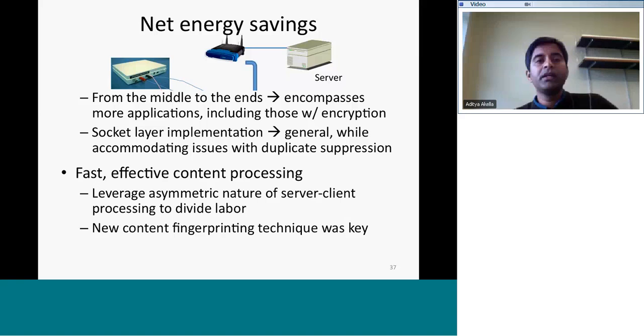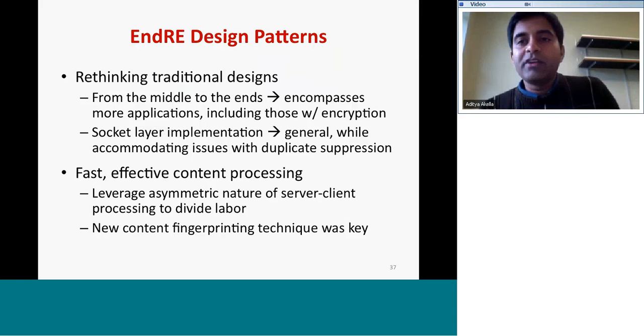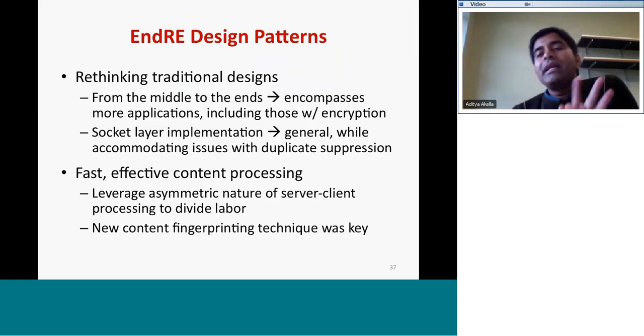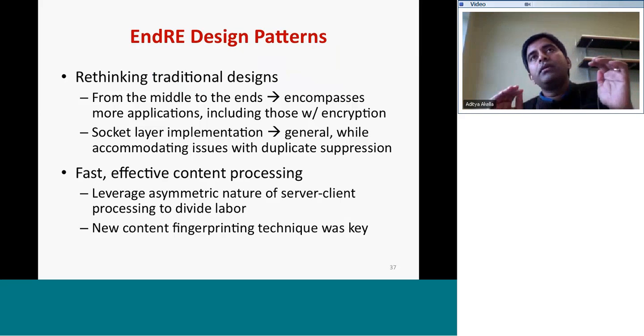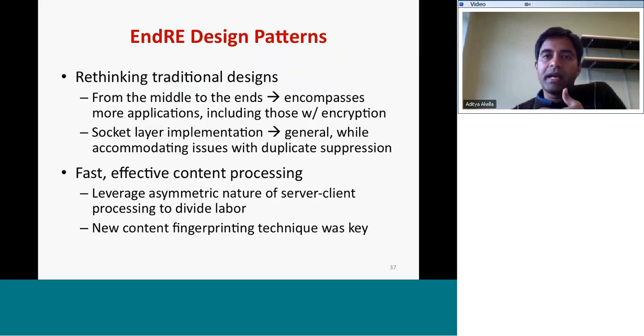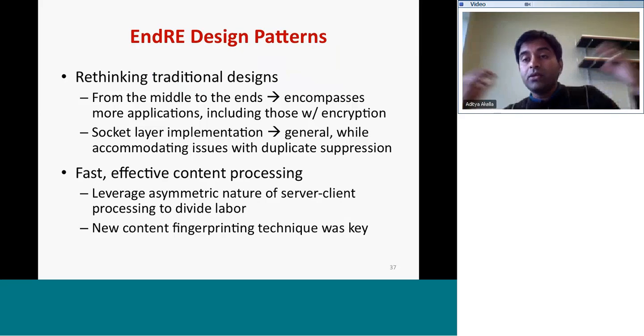All right. So that's actually almost the end of my talk. So basically, what EndRE shows is some of the design patterns that I hinted at in our content aware networking work. Right? So essentially, we took the problem of, okay, people are using these middle boxes. How can we rethink what is the right way to do content aware networking? And our insight was based on measurements that it makes sense to start to move this out of the middle boxes into the end box.